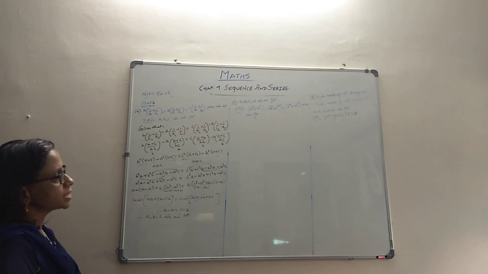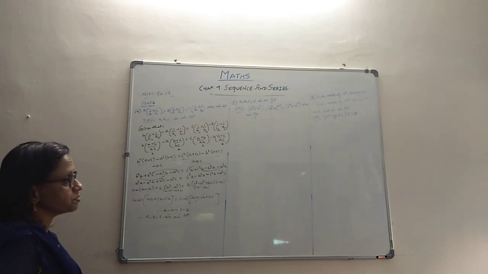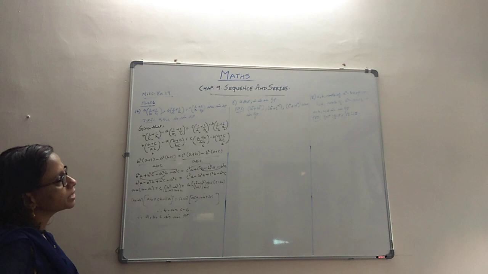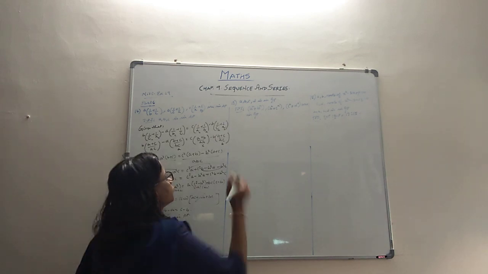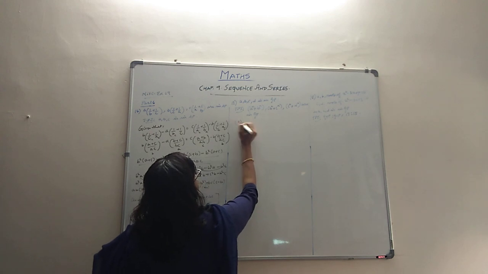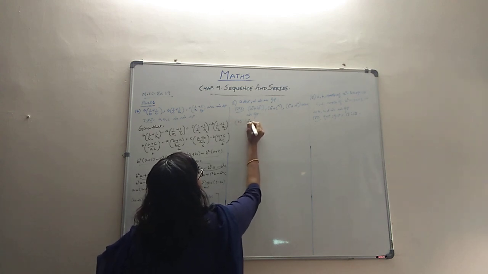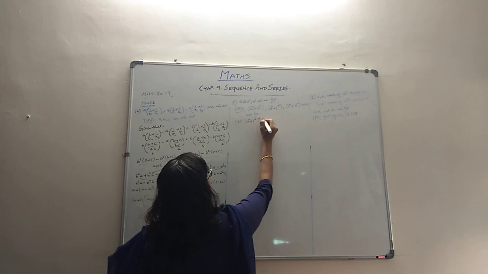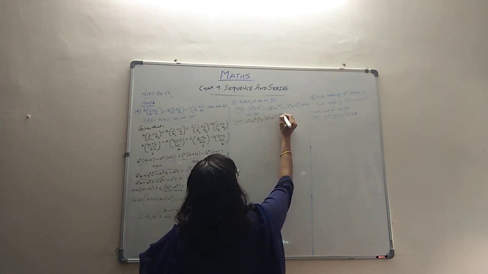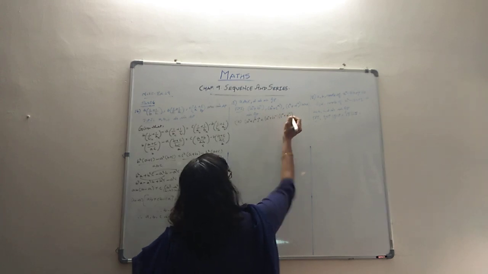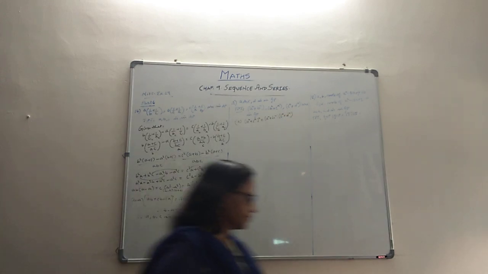The next question says that A, B, C and D are in GP, and you have got to show that the three terms that they have given are in GP. So in fact what you have to show is (B^n + C^n)^2 = (A^n + B^n)(C^n + D^n). That's how we show our GPs.